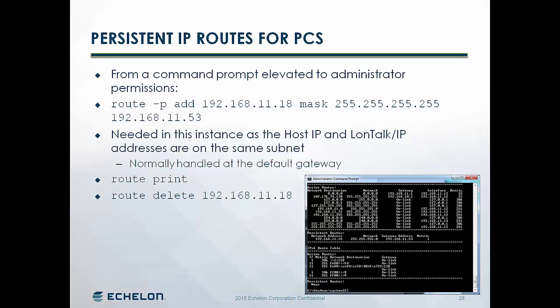So how do we set up persistent routes for PCs? From a command prompt that's been elevated to administrator permissions, you can't just invoke a command prompt. You have to go Start, Program, Accessories, right-click command, and then run as administrator. The command that we need to put in is route -p add to the destination, which is